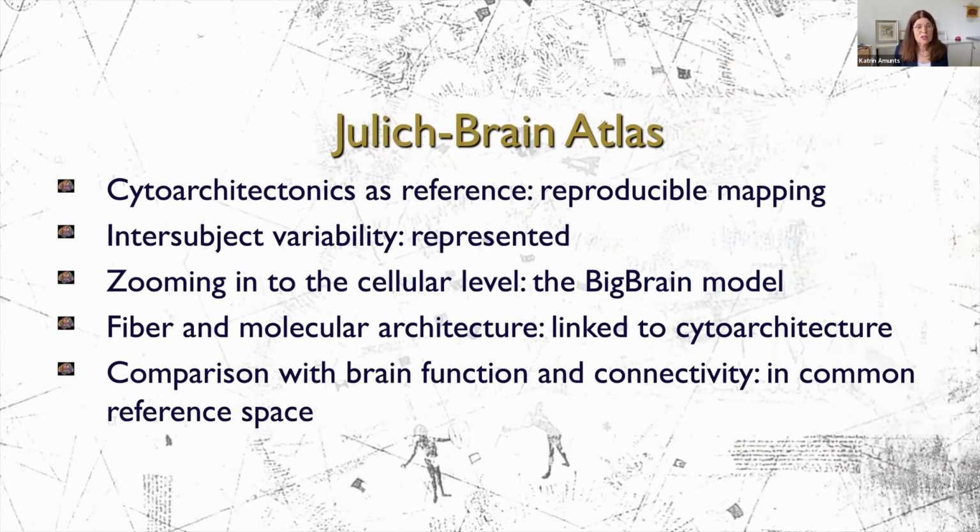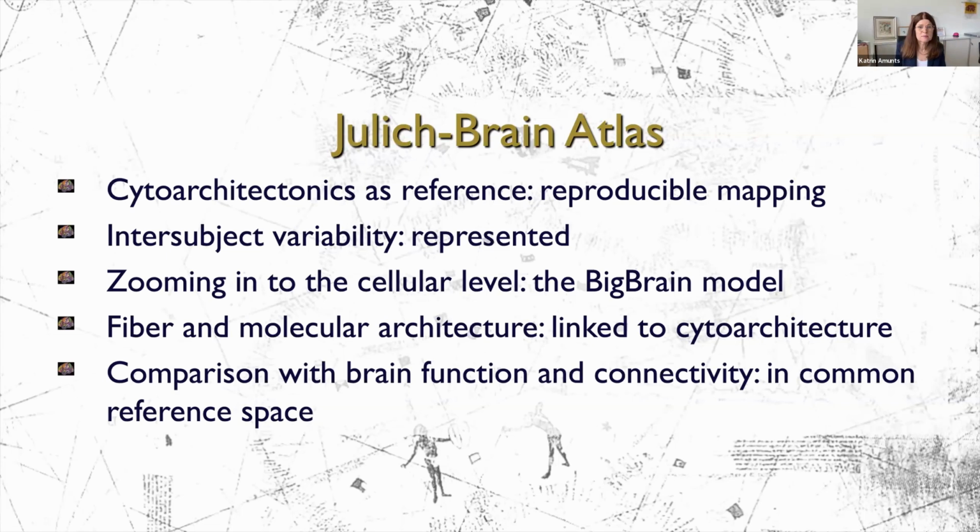We consider also intersubject variability in our atlas, which is a new development as compared to Vogt's time, because we have to acknowledge that brains are very different in their cytoarchitecture and their anatomy. And this plays, of course, a role when we compare our maps with those of healthy human subjects, for example, of patients. We are convinced that it's important to go really down to the cellular level, and therefore we have